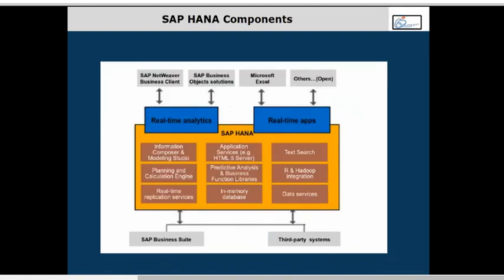We have seen the different HANA components and the different functionalities HANA can do. We can have real-time replication services through which you can connect the SLT server to it, and data services through BODS, which you can use to push data into HANA as a target. It's an in-memory database. HANA also has the R engine which can execute R language, and smart data access through which it can integrate Hadoop. HANA will have its own predictive analytics library and business function library.